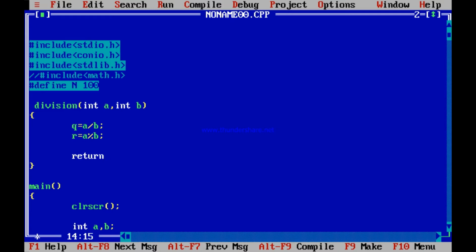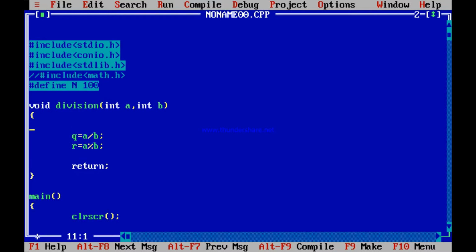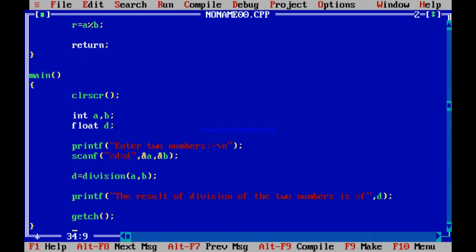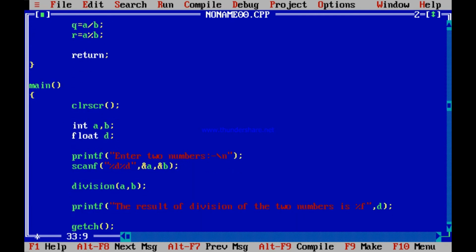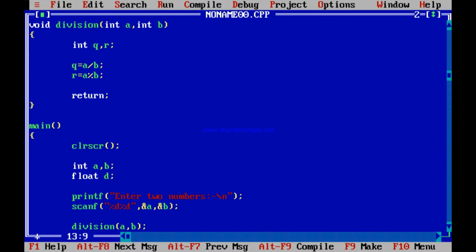Suppose I write only return and use void. I don't return anything. Q and r are there. I declare int q, int r. Suppose I declare int q, comma r, but I cannot return. Will I be able to access? Then I don't receive anything. Division AB does not return anything. I only divide a by b. If I divide a by b, I receive it in q and r, and then divide and get q and r.